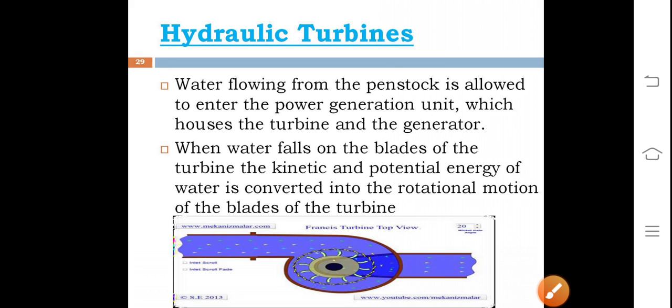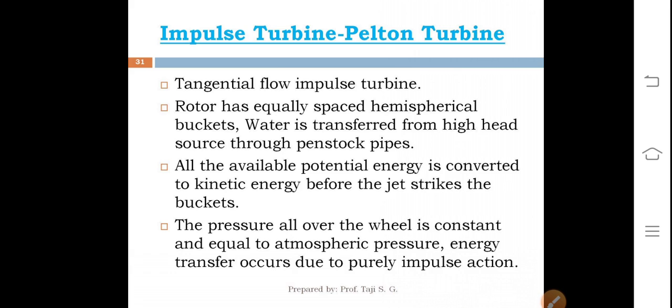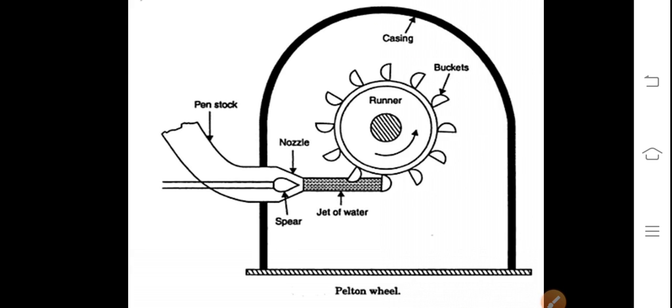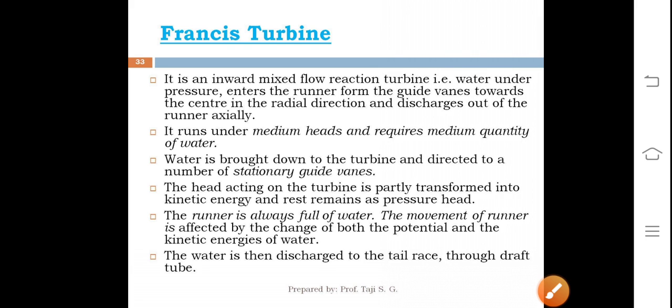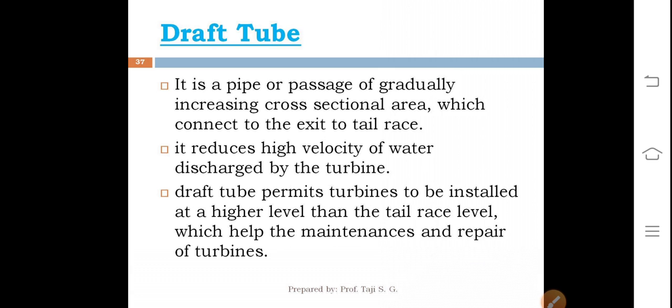Then hydraulic turbine. This we have also studied in detail under the turbine chapter. Just for your reference, it is being provided here. These are all we have studied. We need not study now. Impulse turbine, that is the Pelton wheel, how it looks, what is the penstock, what is the needle, nozzle, what is the use of it, how buckets will run when the jet of water applies force on the bucket, etc. We have studied in detail. Design of Pelton wheel we have studied. Francis turbine we have studied. Kaplan turbine we have studied. We need not study now, just to recall those.